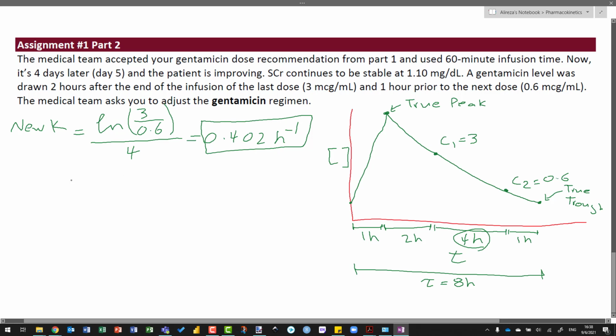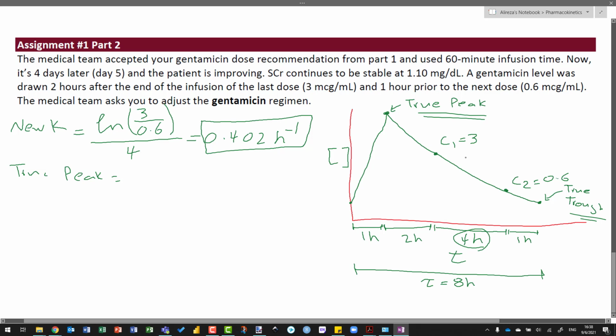Now, the other thing we can do for individualized pharmacokinetics is we can calculate the volume of distribution. Before we do that, we actually need to figure out what is this true peak and what is this true trough to be more accurate for the volume of distribution. So we would say that the true trough, actually let's do the peak first. So the true peak